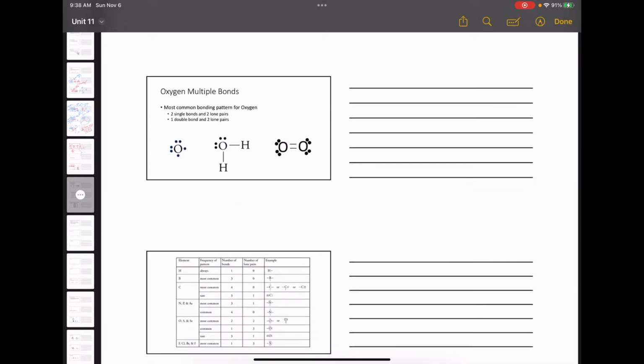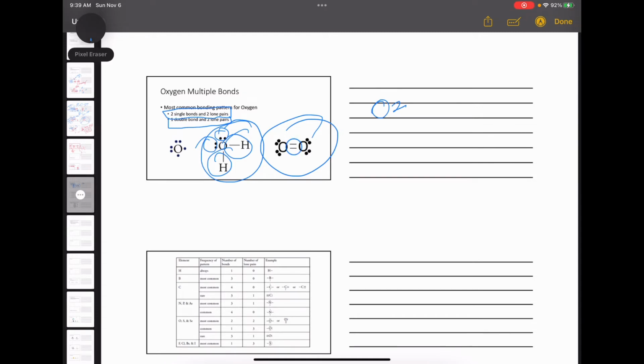Oxygen can also form multiple bonds similar to carbon. So when we looked earlier, we looked at the water, which has 2 lone pairs and 2 single bonds. So generally, oxygen must have 2 single bonds and 2 lone pairs, okay, in order to be stable. Or maybe it can form 1 double bond and 2 lone pairs, as we see in the O2. So when you look at the oxygen molecular structure, there is a double bond, not 2 single bonds, and two lone pairs